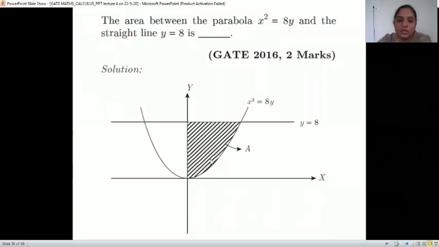Okay, let me solve this. Here it is, area between: is this the required region? Is this the region only? So the area between x square is 8y, this is the parabola, and the line y is equal to 8, and there is no other restriction, that is x is 0 or y is 0. So the area between this and this is the whole region, right? So exactly half part is considered, and as there is symmetry between these two, we'll solve this part and multiply it by 2 so that we'll get the answer, right?